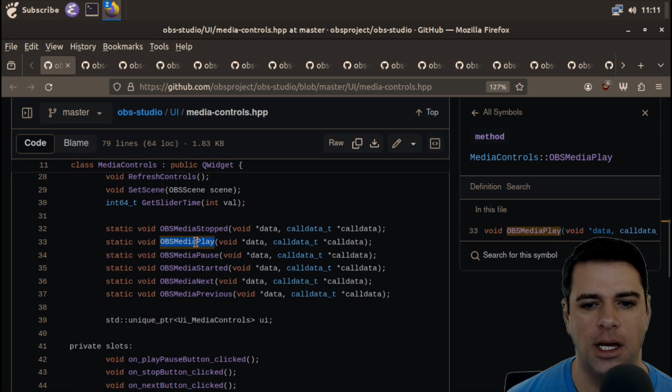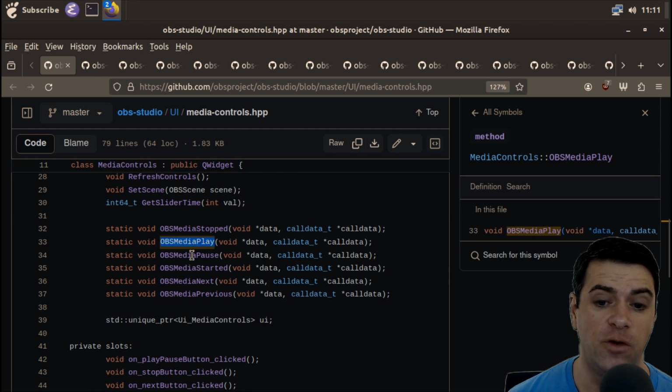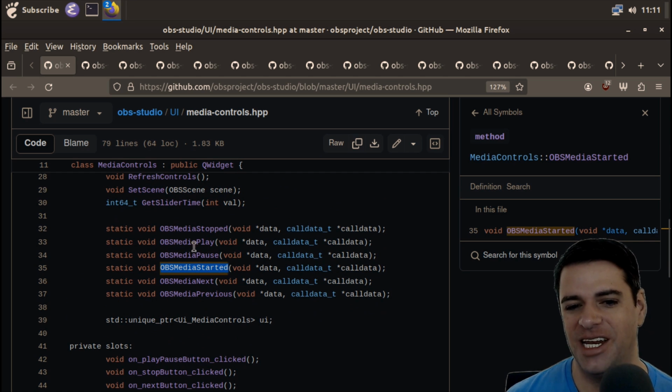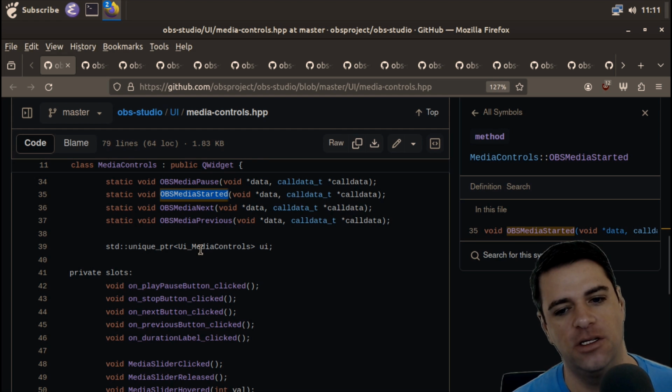But play sounds like a command. What's the word? Imperative. It's in the imperative mood. Play and pause are imperative, but stopped and started are in the past tense. So I don't know whether these are supposed to be things that act or things that give you